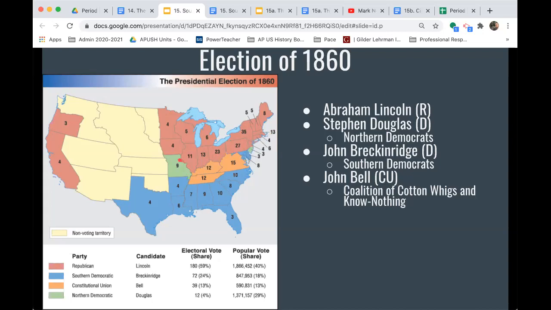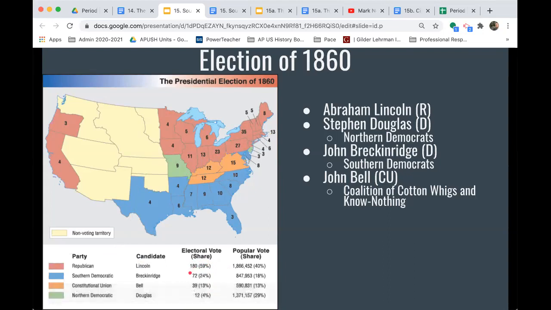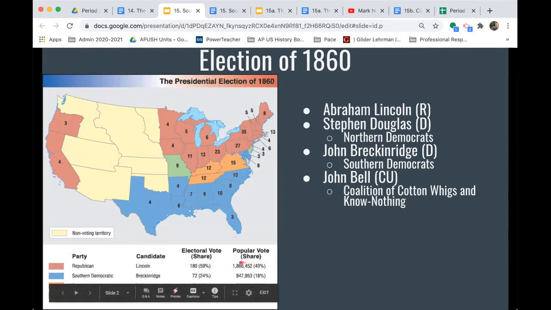So here we see our election map. Lincoln wins 59% of the Electoral College vote, followed by Breckinridge at 72%, and the other two further down below at 13% and 4% for Bell and Douglas. And Lincoln wins the popular vote without receiving a majority of the vote. He receives a plurality of the vote with 40% because of his strong support in the northern areas where there